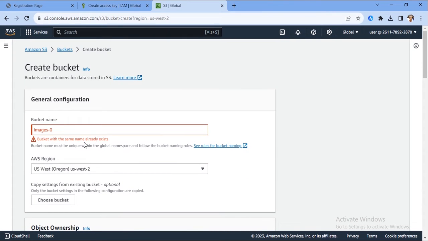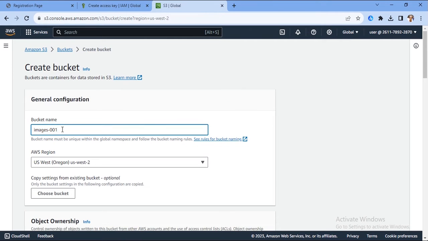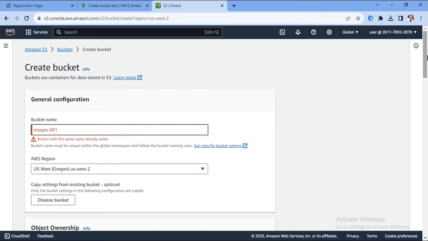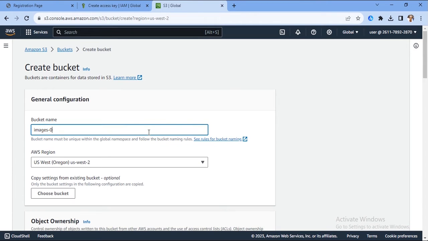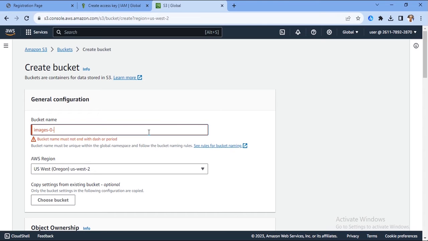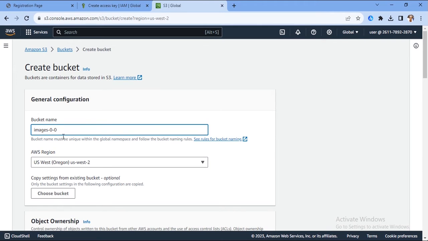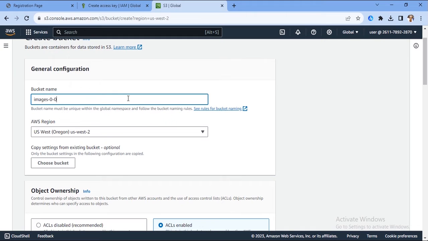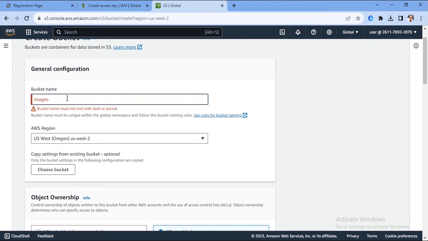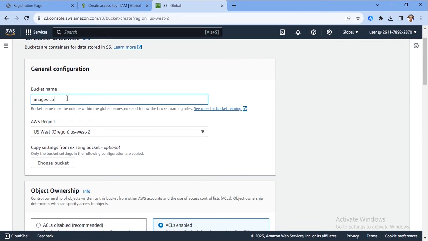So this bucket with this name already exists. Okay, let me add just 001. This name already exists, and I will add another slash and 0. So this name, we have no bucket with this name, but it does not look like an understandable name. Let me just add images coding,